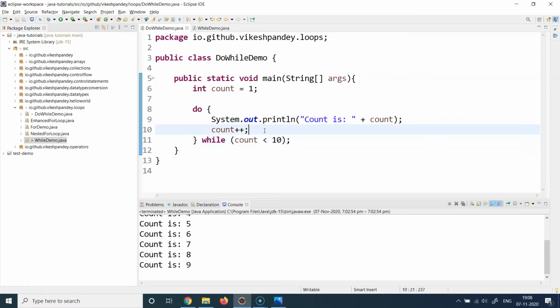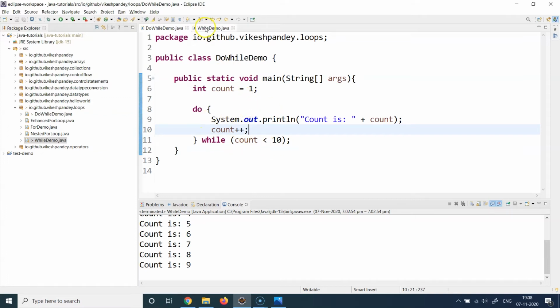So the idea is that if you have a use case where before you even evaluate the condition, you want to do something, in that case, you will use the do while loop. Even before the actual while loop starts, if you want to execute a statement, you will use do while. For example, if you want to print the initial value of the count even before the condition checks, then you can use do while.